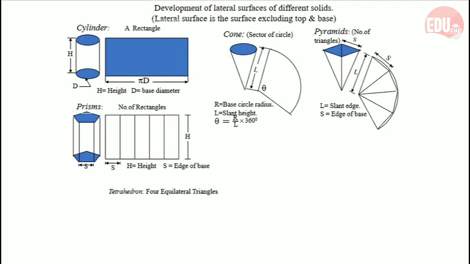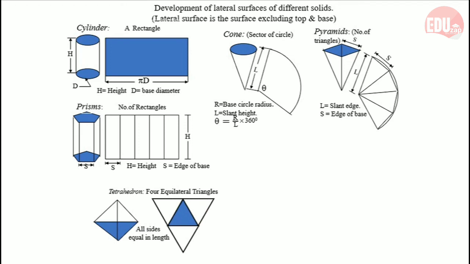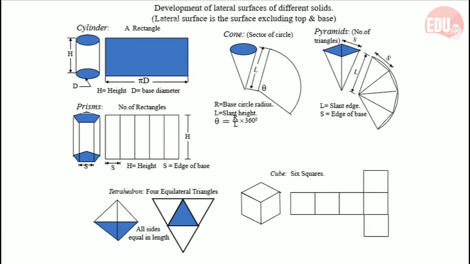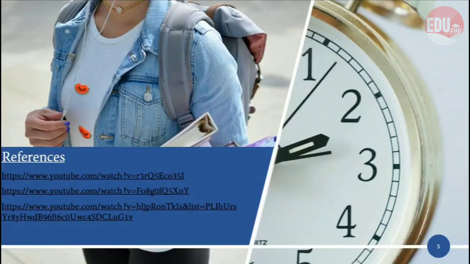And then next one is tetrahedron. A tetrahedron, cube and octahedron belong to the Platonic solids. That means all the lateral surfaces are of the same size and same shape. So a tetrahedron has 4 faces of equal dimensions. They all are equilateral triangles, so we can easily construct that development like this. And a cube will have 6 square faces, so you can construct those square faces like this. Thank you.